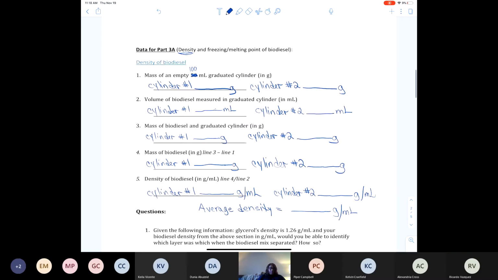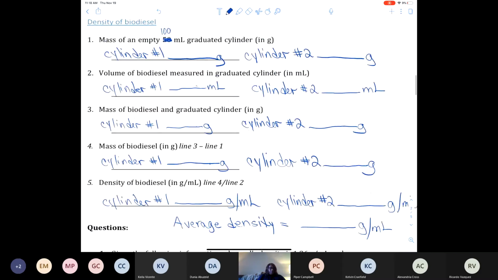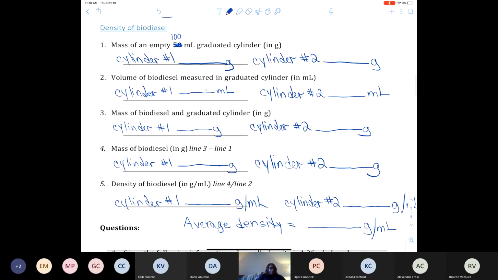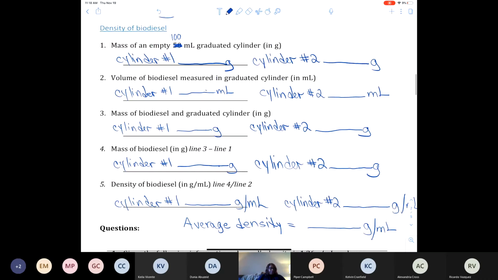And so make sure that on your data sheet, for the density determinations, you note that you're working with biodiesel in 2 different cylinders. So that's part